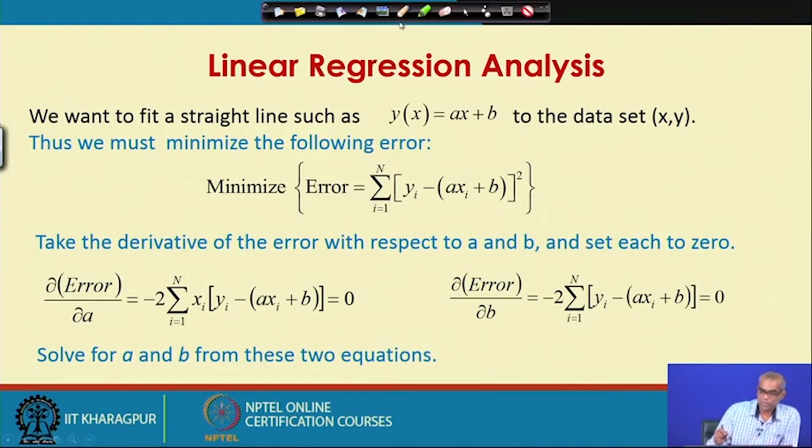So, you want to fit a straight line such as y equal to a x plus b to the data set x, y. So, we need to minimize the error, and the error can be represented as the deviation from the true value. If the true value is y i for a particular observation,